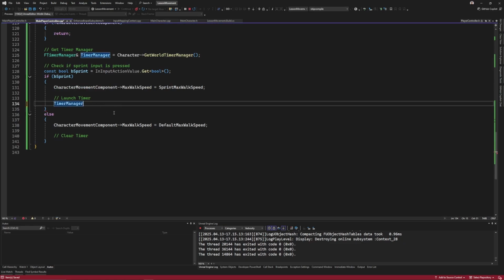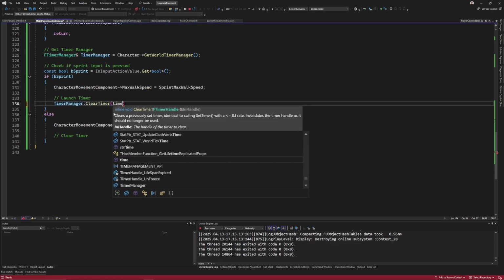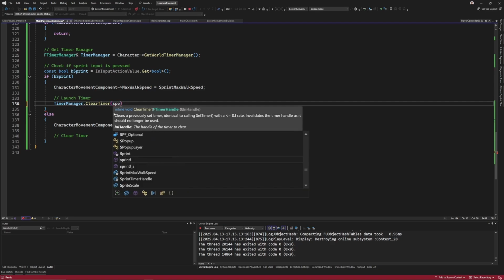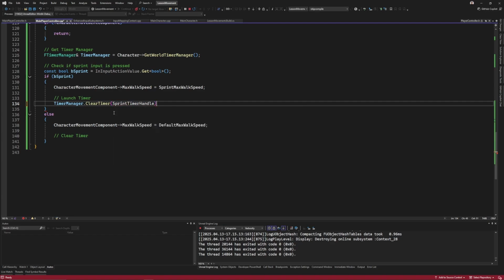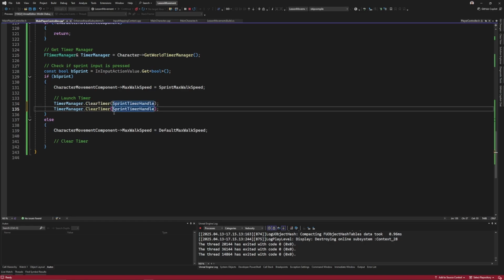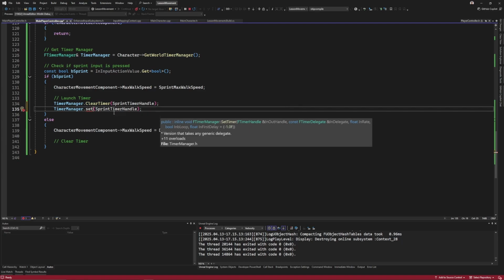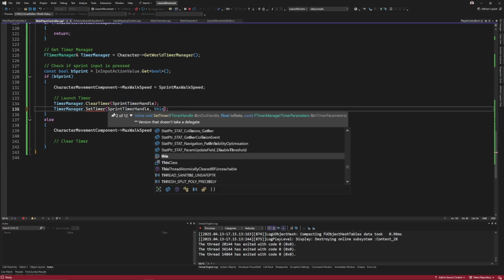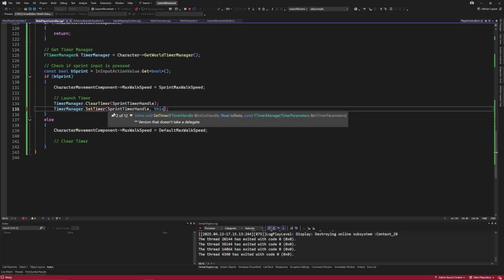In order to launch the timer, I'm going to clear it first to make sure that my timer isn't already running. So clear the sprint, maybe? Sprint timer handle, yes. And the second thing, not clear timer, but set timer. For that, we first need the timer, sprint timer handle. Then we need, I'm not going to use this one. I will need to send the reference to,